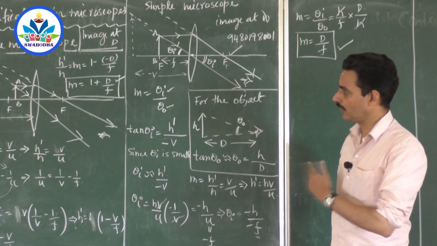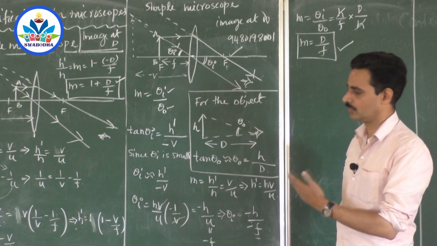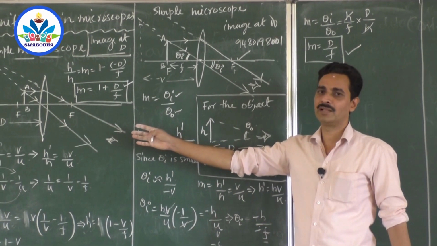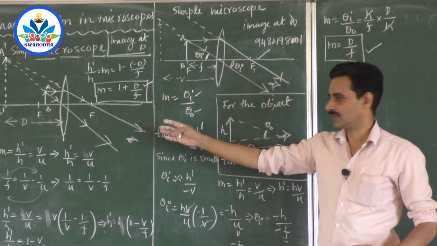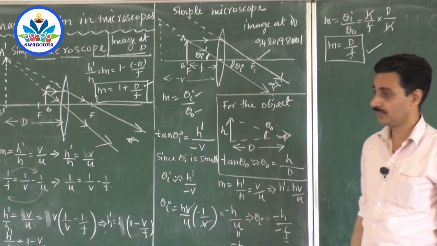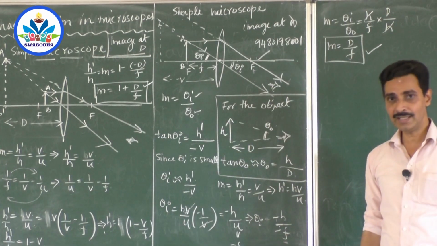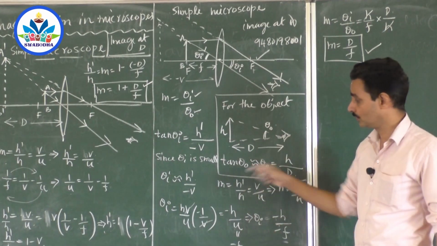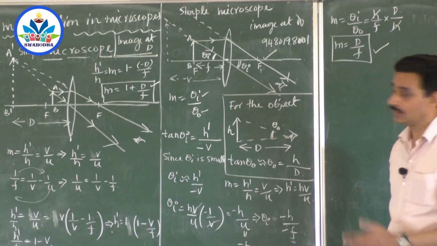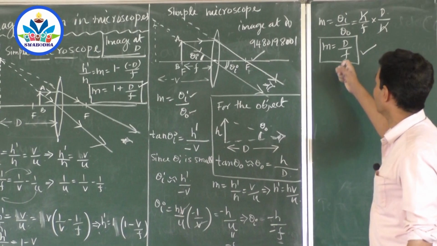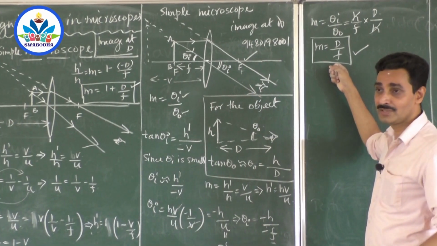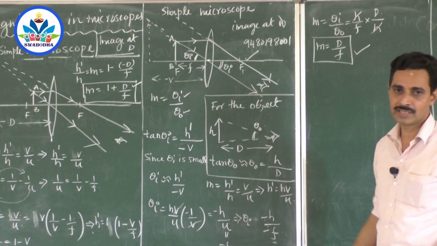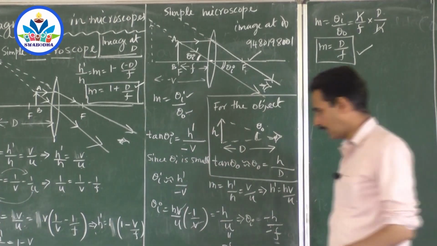So what is the difference between the two microscopes? Both are simple microscopes. In one, the image is formed at the least distance of distinct vision, the near point. In the other, the image is formed at infinity. Now finally, what is important for the theory exam is only the diagram and the final formula. That is more than enough, but that doesn't mean that you shouldn't follow the derivation. It may be useful in solving problems. So m equal to d by f, and finally it becomes very easy to remember the formula. You have 1 plus d by f, and you have m equal to d by f. That's all the difference. So that is the second one.